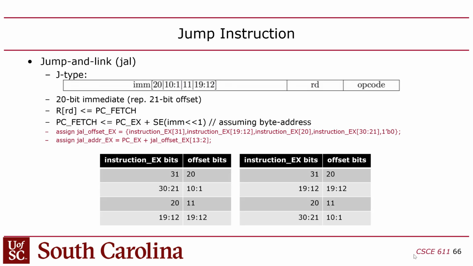Okay, so that was branch. Now we have jump. We have a J-type. I was so hoping that RISC-V would do away with the J-type instruction, the J-type format, because I always thought it was superfluous in MIPS, but they kept it, and they made it even more confusing. So in MIPS, as you remember, there was a J-type, and there was no register defined in the J-type at all. It was just opcode, 6-bit opcode, and a 26-bit offset, which was a pseudo-direct address. However, the J-type in RISC-V has a RD field, and thus it only has